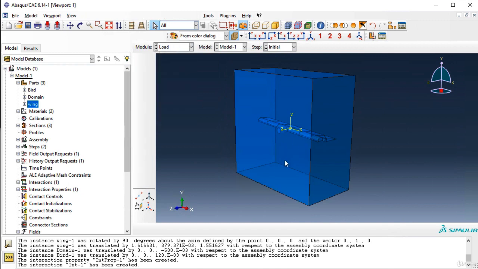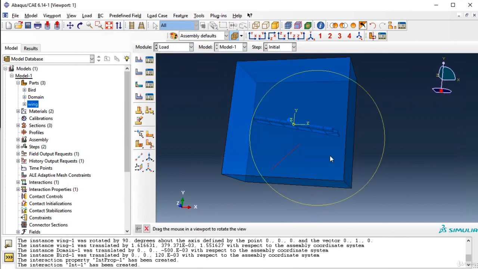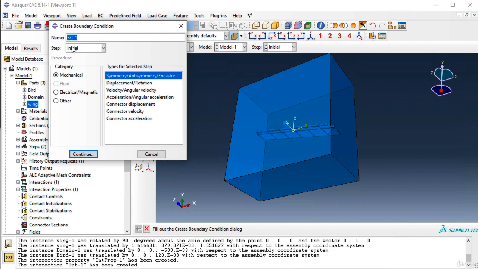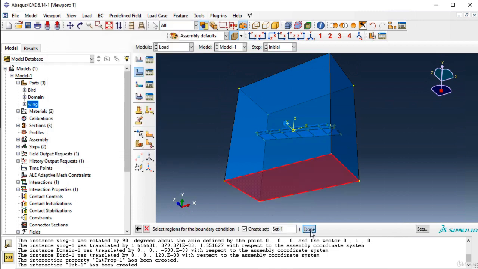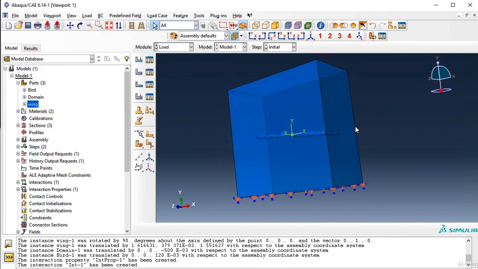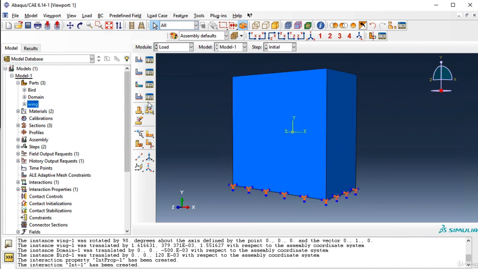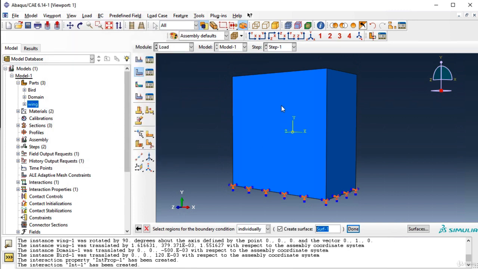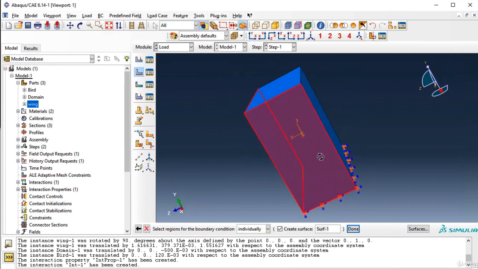Now we are done with interaction. Go to load. First we need to fix the boundary domain, fix our Eulerian domain, so I'm gonna click on this one in the initial step, the first one, click on continue, select the bottom one, done, and then fix this one in all directions, and then cancel the hide, and then select this one, go to other,